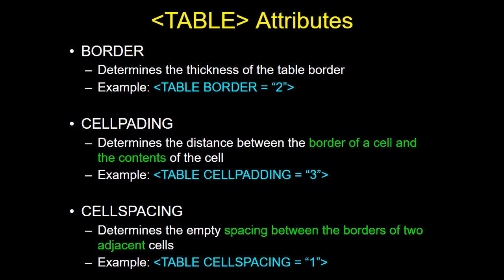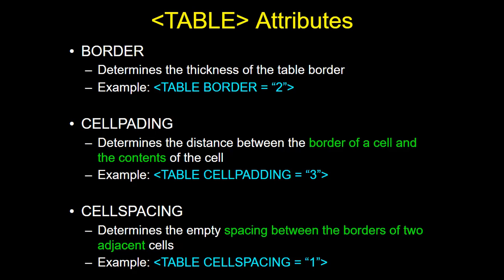The second attribute is cell padding. With cell padding, we adjust the distance between the border of the cell and the content of the cell in a table, and this distance is given in number of pixels. Similarly, cell spacing is the empty space between the borders of two adjacent cells. If we want to give a number of pixels as empty space around the borders of two adjacent cells, we will use this cell spacing